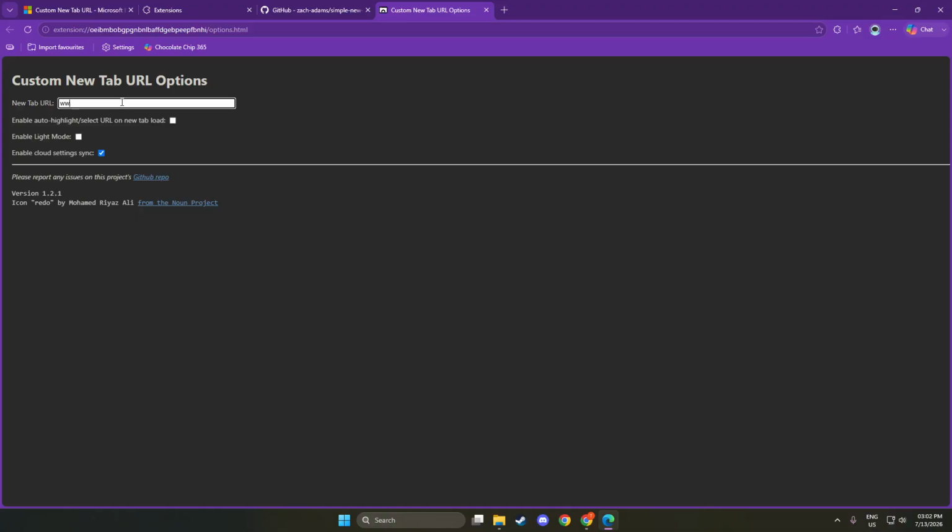Once you are in the settings, you will see a field where you can enter a URL. Type in https://www.google.com into this field. Make sure you enter the URL correctly to avoid any issues later on. This step is essential because it directs your new tab to Google every time you open it. After entering the URL, look for a button to save the settings, usually located at the bottom of the settings page. Click this button to ensure your changes are applied. You will see a confirmation message that your settings have been saved, giving you peace of mind.